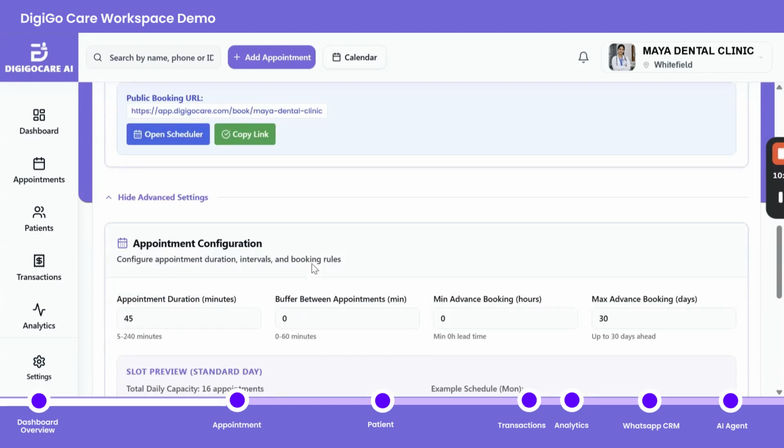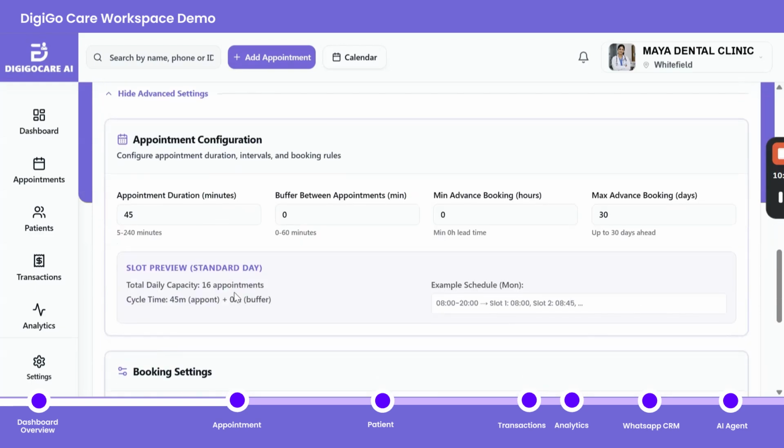And these are advanced settings. Before moving into daily appointment management, let's quickly look at advanced configuration and booking settings. Digigo Care AI comes with default booking configurations. Depending on how your clinic operates, the settings can be adjusted based on your requirements.